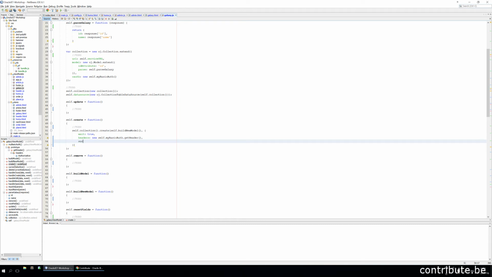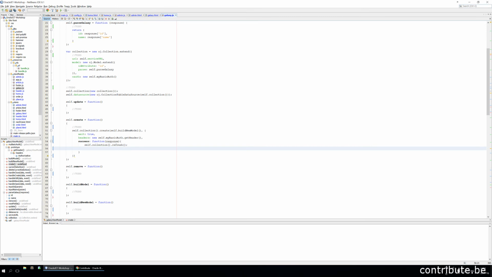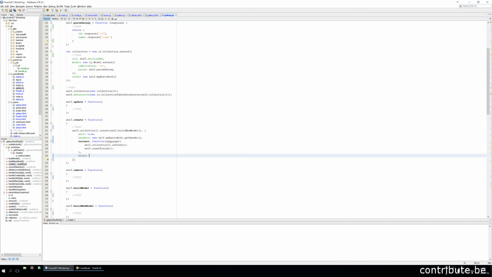Then we need our success function with the callback response. We can say self.collection, we need to refresh it, and we also need to reset the fields of our inputs in the dialog. Then we also need an error handler, so that's also a function with a callback function, and this will be taking 3 arguments, so it's a jQuery